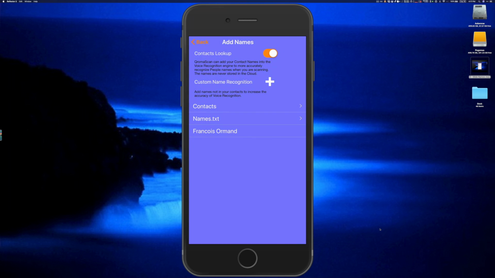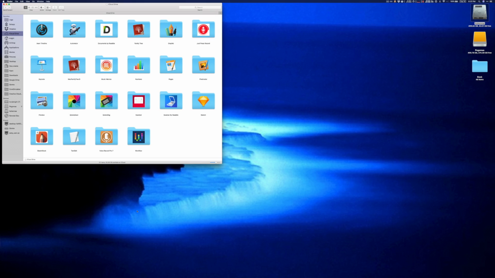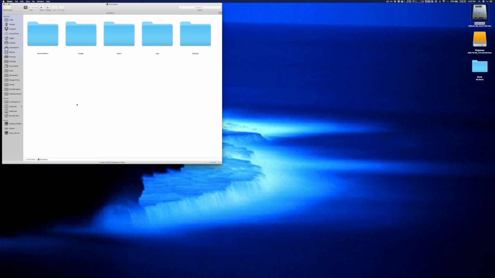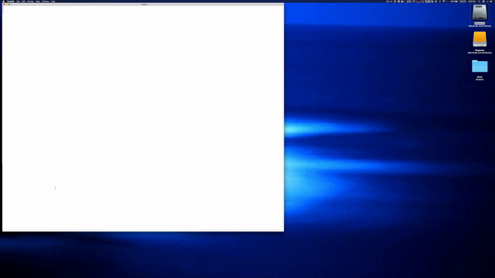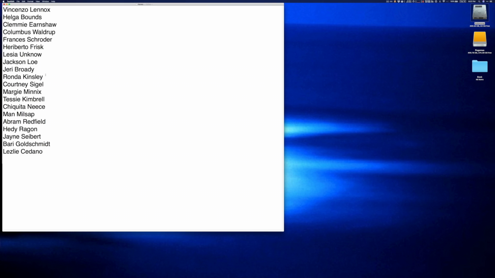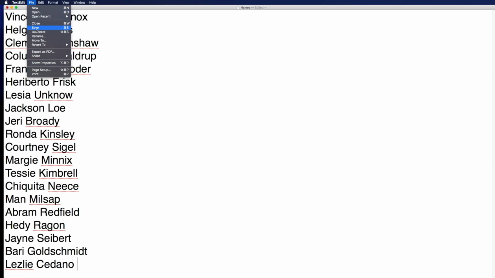So I'm just going to hit cancel here. Now, if you do have iCloud or Dropbox turned on, go to the QromaScan folder and open the settings folder, and then open the names.txt file with a standard text editor. From here, you can type or paste in groups of names to your local vocabulary. Just make sure that you add a carriage return after each name, but don't add one to the very last name. When you're done, just save it and the changes go back to QromaScan instantly,